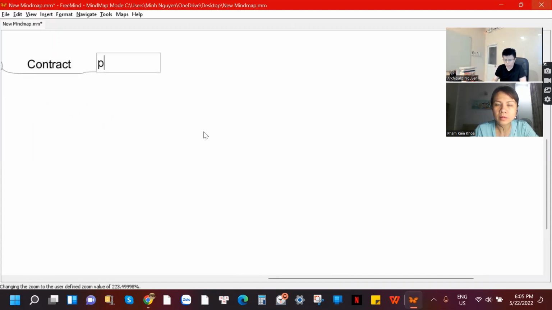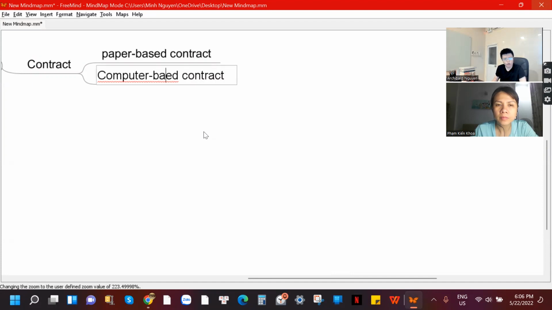Two kinds of contract: paper-based contracts and computer-based contracts. So right here, if you work in a company, what kind of contract do you prefer? Do you like, Miss An? If you work in